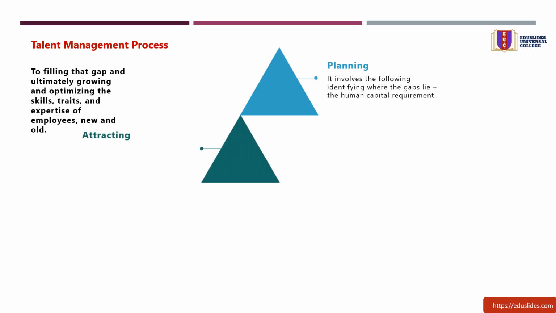2. Attracting. Based on the plan, the natural next step is to decide whether the talent requirements should be filled in from within the organization or from external sources. Either way, the process would involve attracting a healthy flow of applicants. In this case, the usual external sources include job portals, social networks, and referrals. The talent pools that need to be tapped into must be identified in advance to keep the process as smooth and efficient as possible.